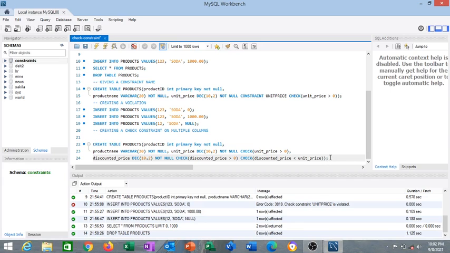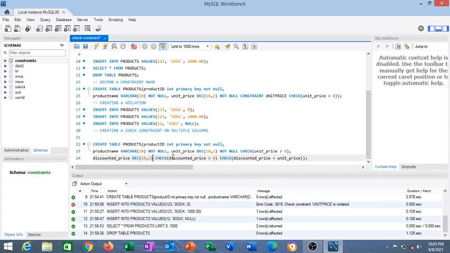If it is not greater than 0, it will refuse the insertion or deletion or update, whatever it is that you are trying to do. We are also creating another column of discounted price, and we are saying not null, but we could have left it aside because not every commodity has got a discount, so we can as well not use this. We can just leave it like that, unless we want to apply it to certain products,